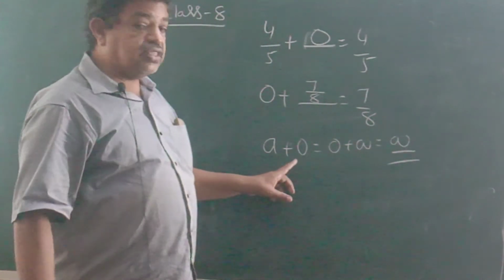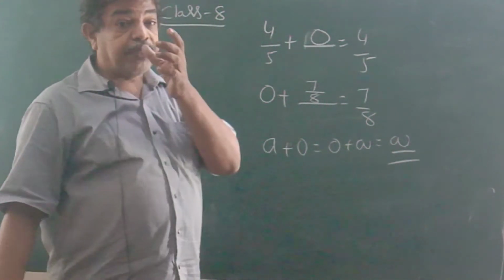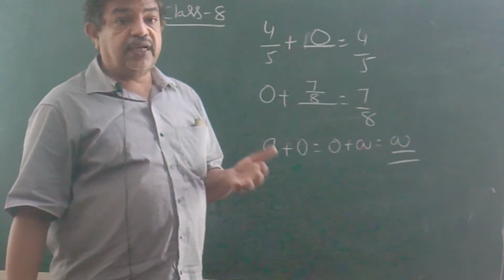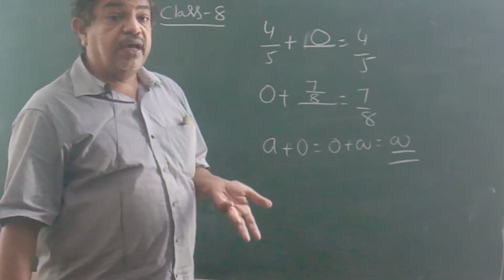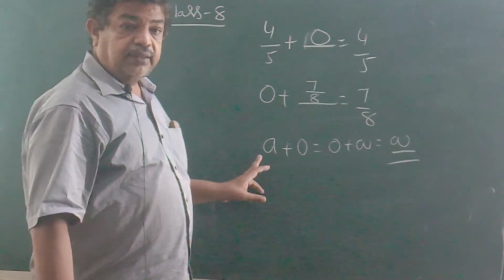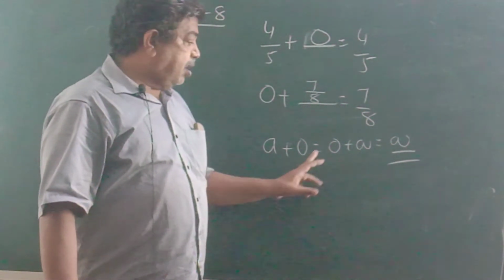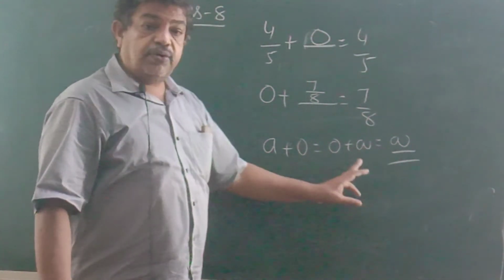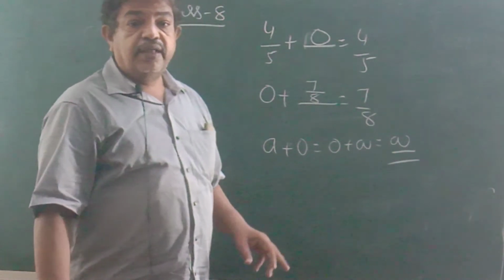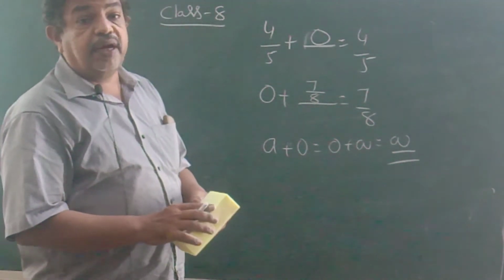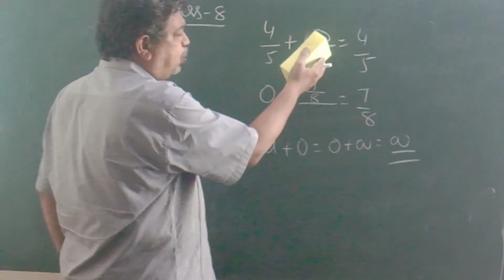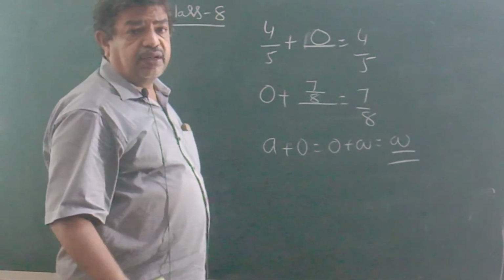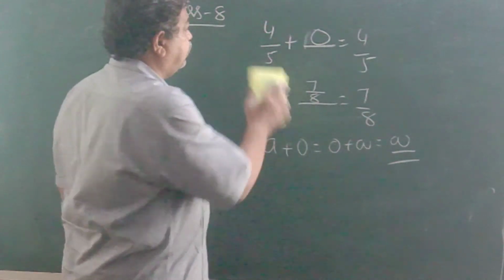Do you find 0 in the set of rational numbers? Just now I told you, you can write a rational number of the form 0 by 4, 0 by 10. In general, 0 is considered to be a rational number. a is a rational number, 0 is a rational number. a plus 0 equal to 0 plus a equal to a. This is what is called additive identity. So, 0 is the number which is called the additive identity in the set of rational numbers also.